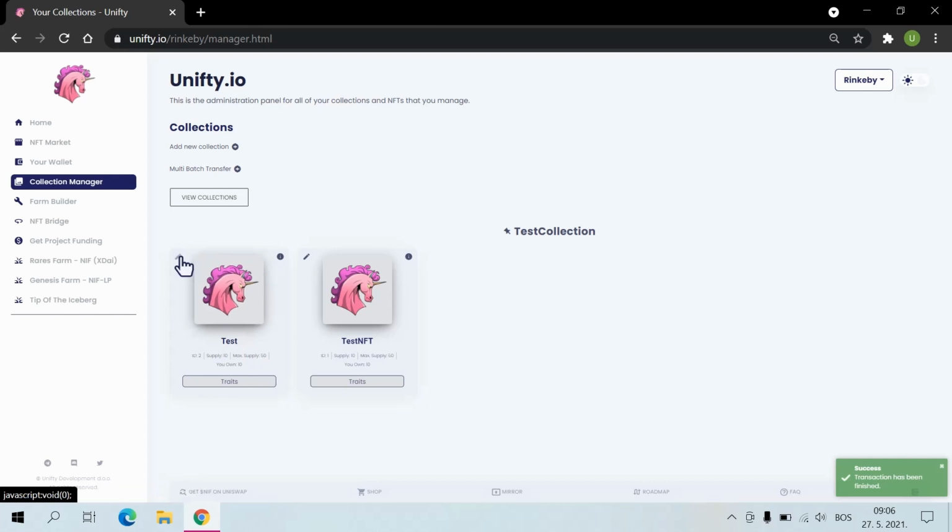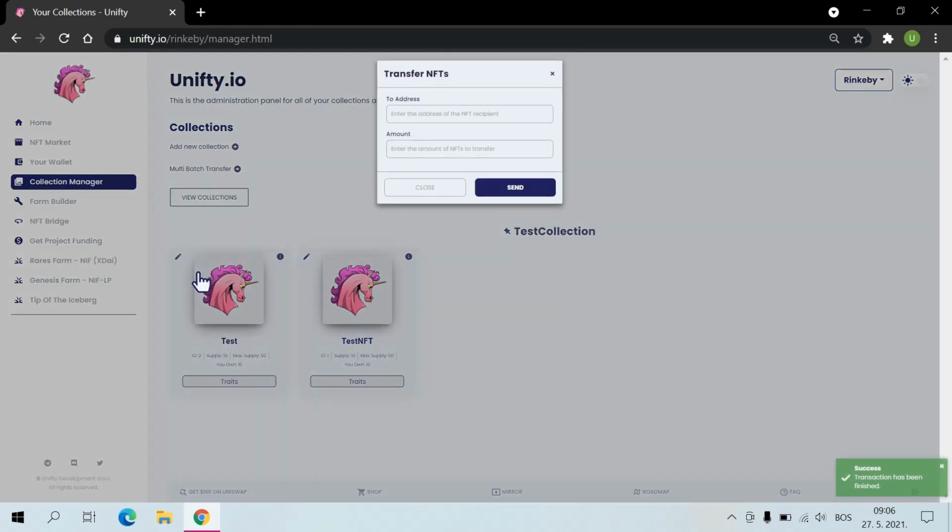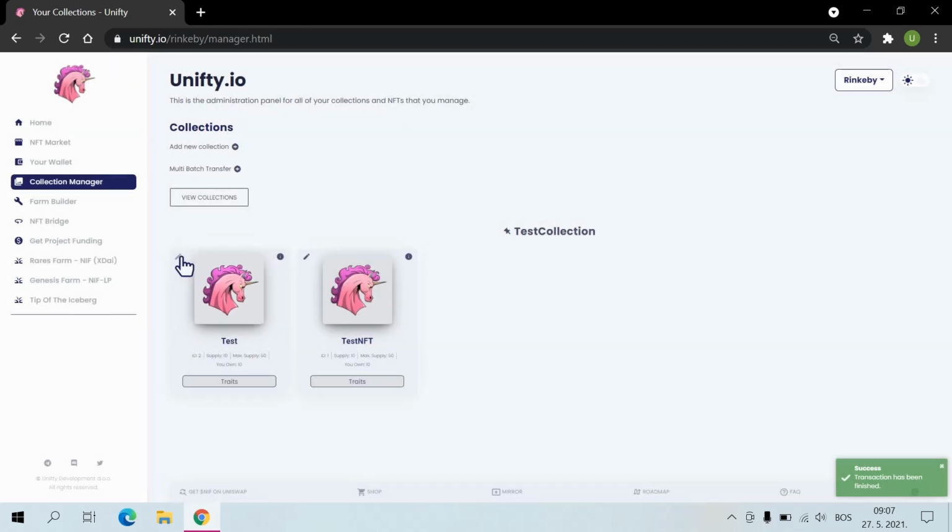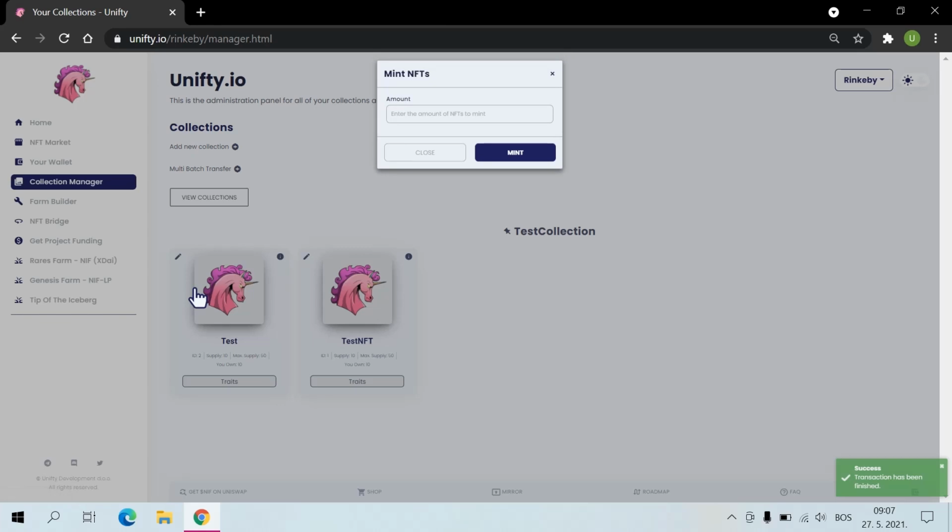So you have a number of options for your NFTs. You can transfer them, mint, burn, edit, or you can add royalties. If you want to transfer, this is pretty simple. When you click it, it allows you to send one or more NFT tokens to an address on the same network. If you want to mint, if you have not minted to the max supply, you can create new NFT